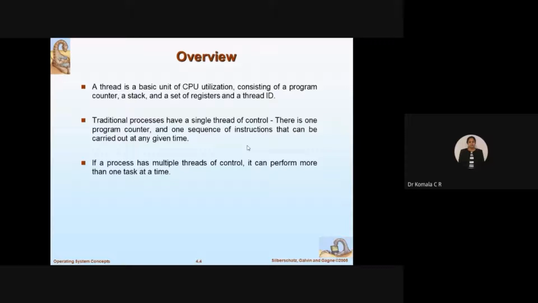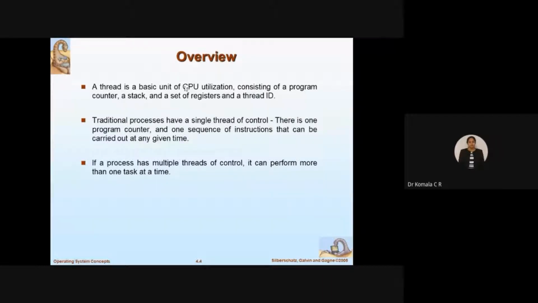Introduction, overview of the threads now. So let us understand the definition of a thread. A thread is a basic unit of CPU utilization. So we know what is CPU, central processing unit. This is a resource, a hardware part of your system which will execute the program, process it, do all the operations, execute the instructions, provide the result, and accept the given data. All the fine operations will be taken care of by the central unit, which is called the processing unit.